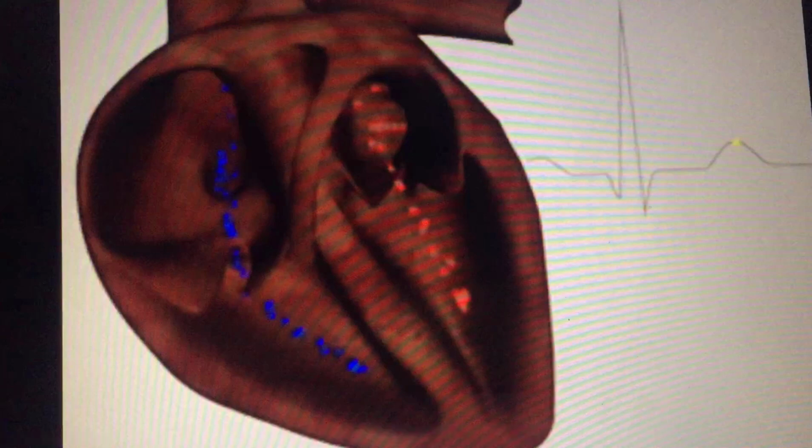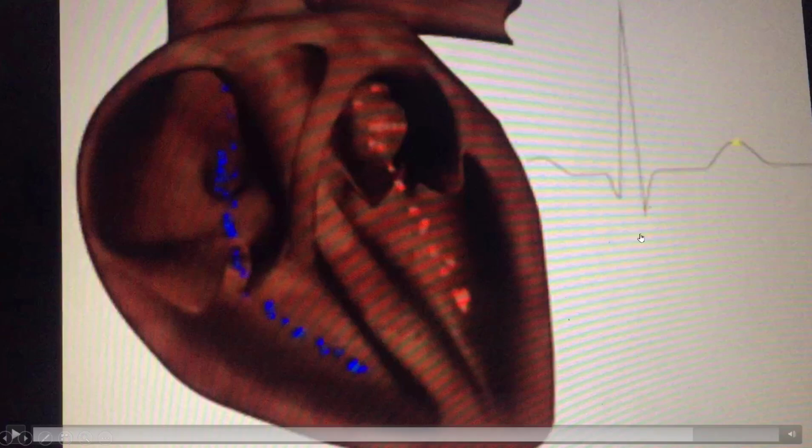So this whole cycle is called the cardiac cycle, in which there is spontaneous depolarization, contraction, spread of current, appearance of the